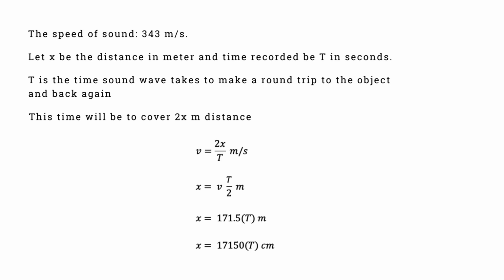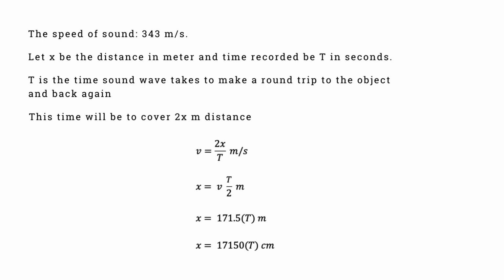This time will cover 2x meters of distance. So we can use the formula velocity equals distance by time, substituting 343 meters per second for the velocity of sound, and then we finally get x is equal to